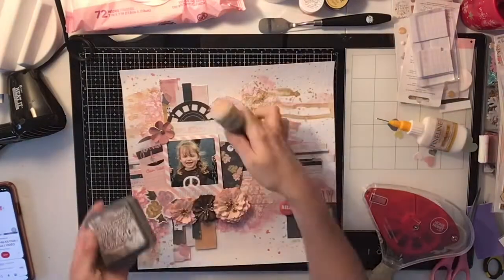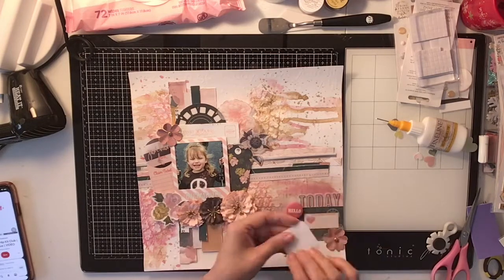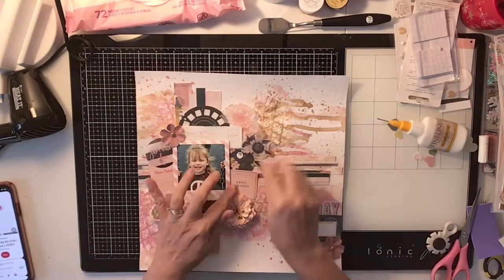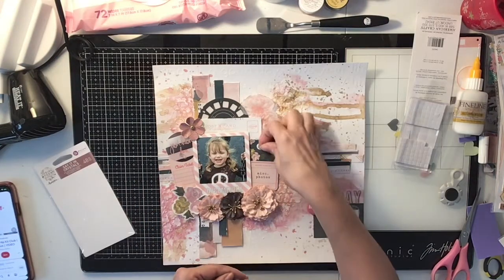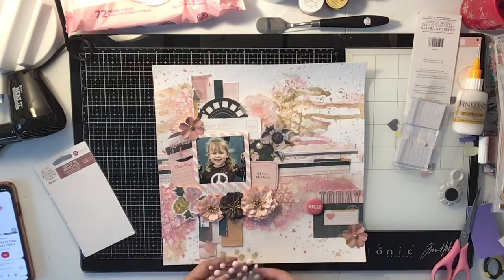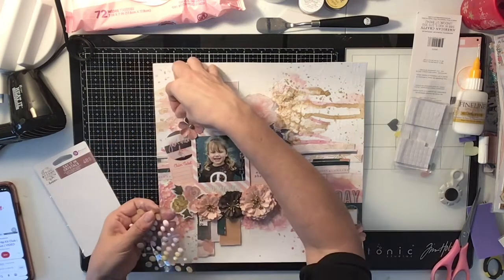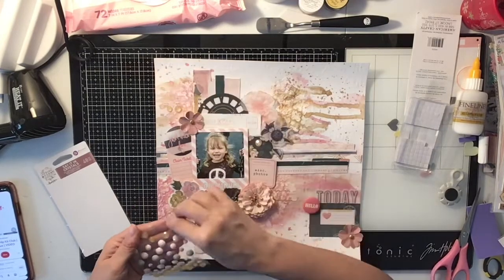And in a minute you'll see what I'm going to do to fix that mixed media mess after I put this piece down. And I forgot these. I put these little rhinestones. They came in the hip kit, so I put them in my kit for this month as well. And they had these really pretty gold crystal-y looking ones. So I stuck a couple of those down up here, and then I stuck a couple down near the flowers